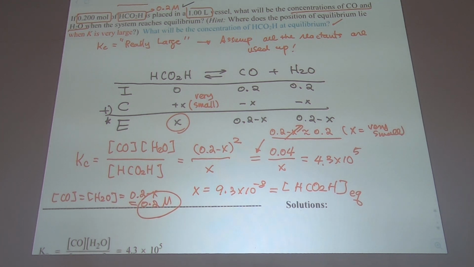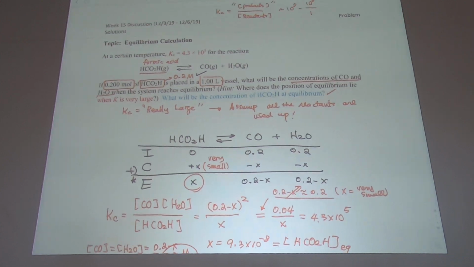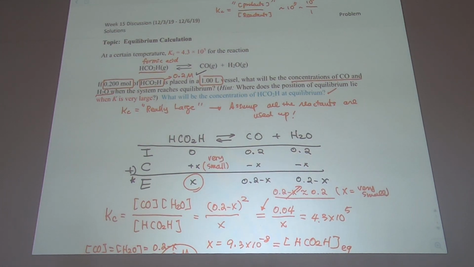So once again, this is a case where you are seeing the K value is really big, then you know the products are a lot, and there is an easier way to solve this one and just